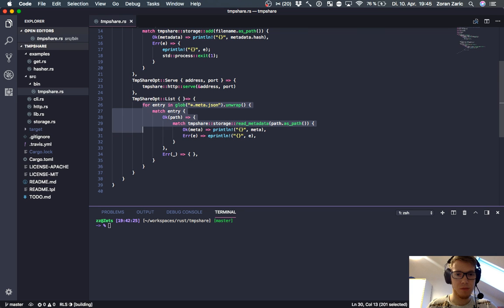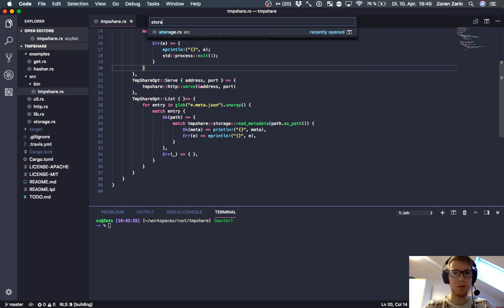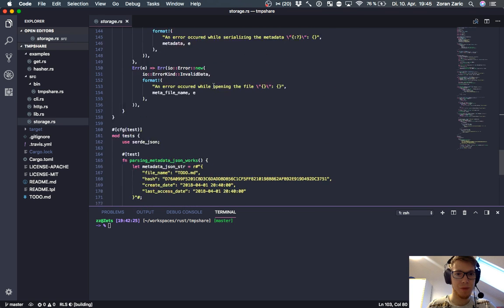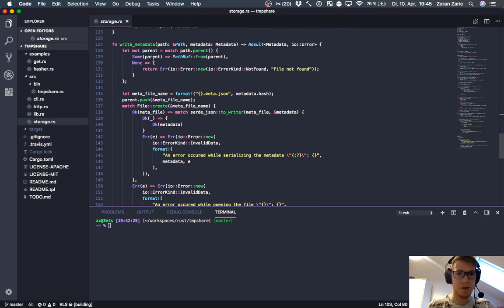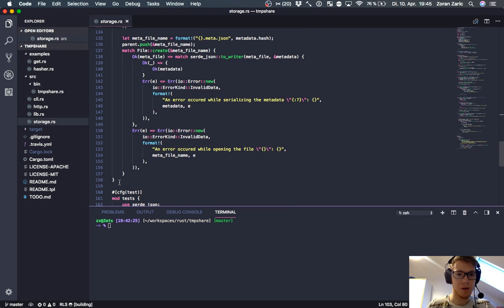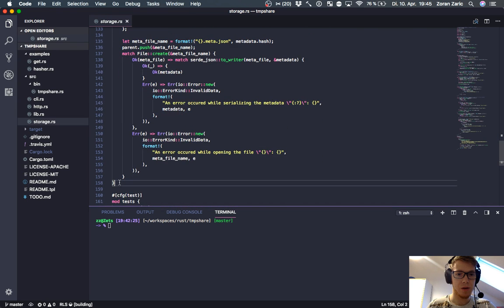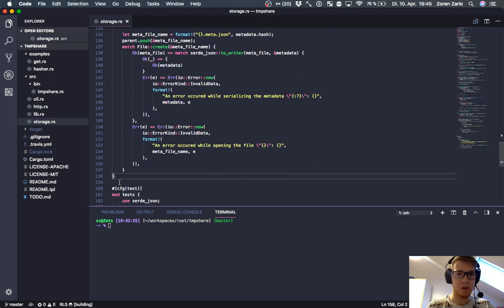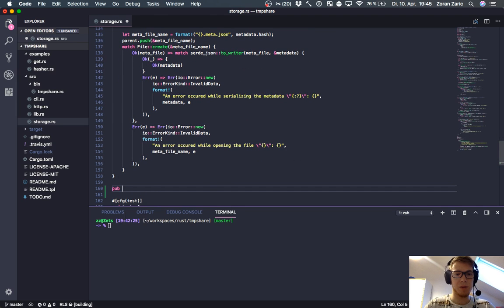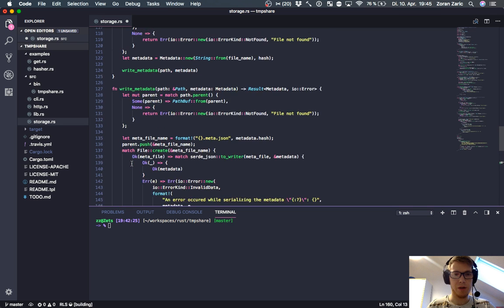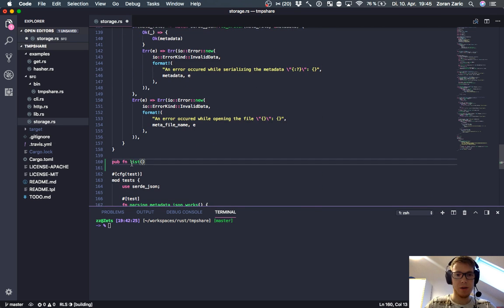And I think we'll just start in, want to have it in storage. And we want a new public function. Let's start with calling it list. And it should return an iterator of type